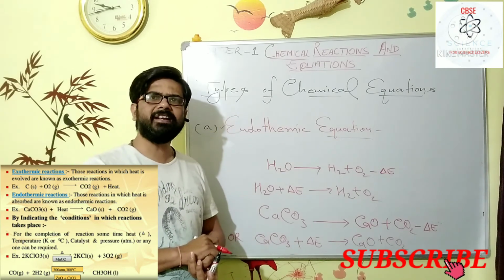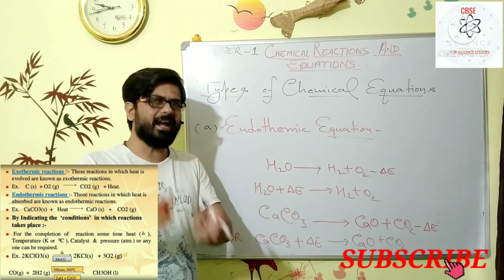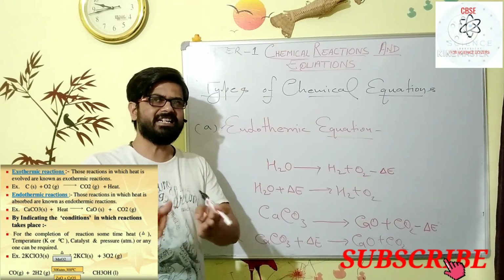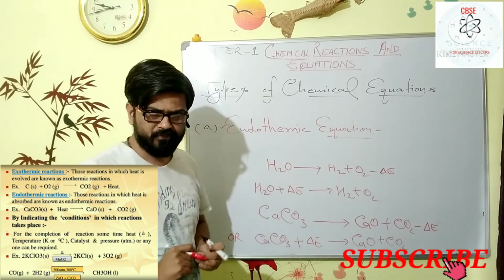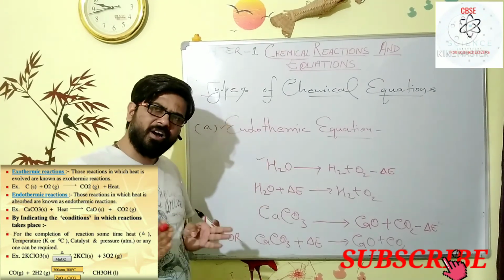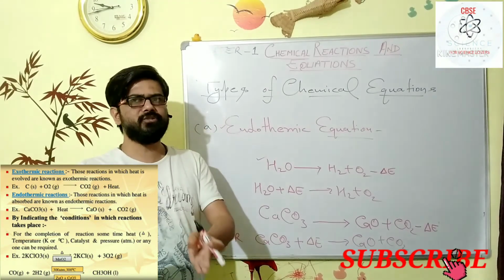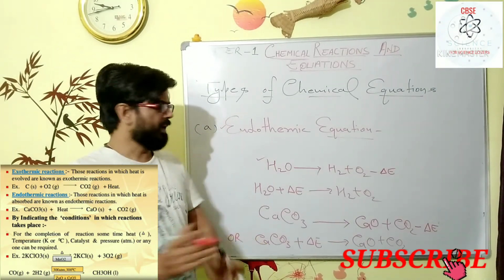And endothermic reactions are those reactions in which we have to give energy to proceed with the chemical reaction. For example, the splitting of water, for which we have to give the energy to the system. Like that,